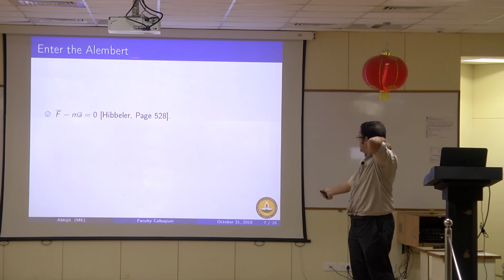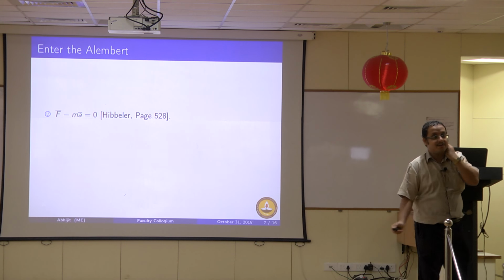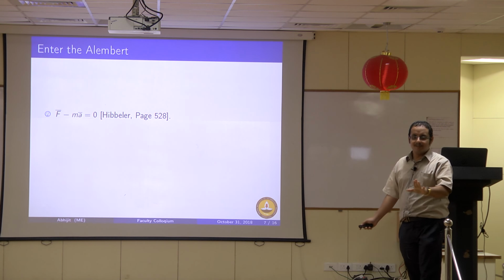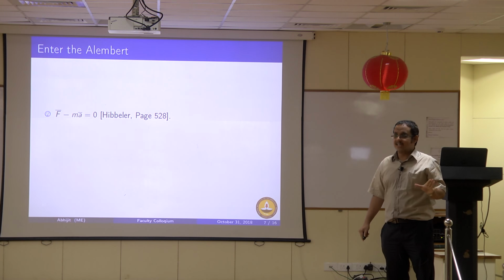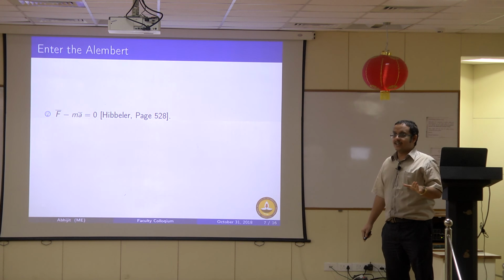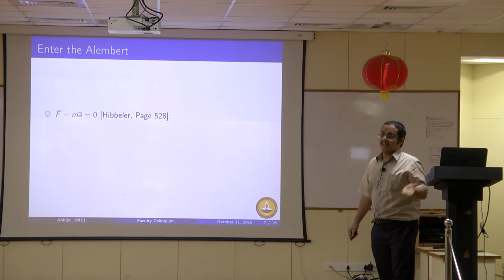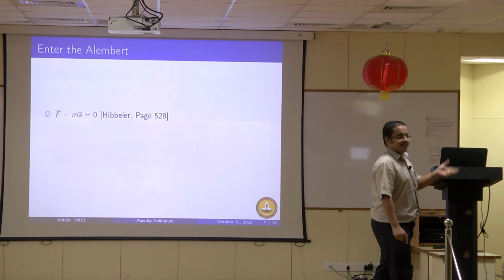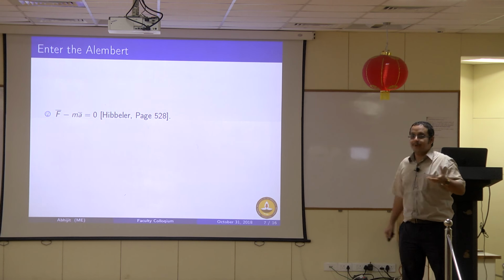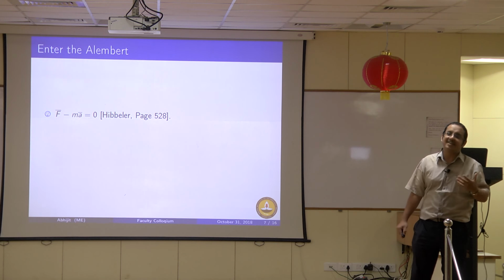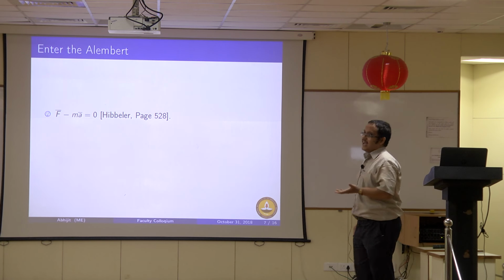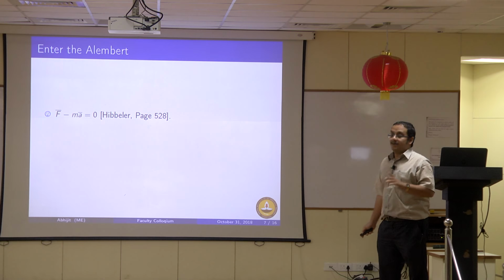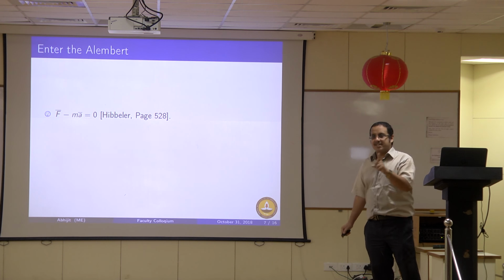Enter D'Alembert. This is my favorite. Everything about D'Alembert, I think, is misunderstood. Starting from his name, we pronounce it as D'Alembert, which is not correct. But at the age of 40, I cannot change my habit. I will keep calling him D'Alembert. I learned from a YouTube video how he is actually called, but I cannot make it up right now. I hope his soul rests in peace and does not scare me in my dreams. But more importantly, I think we have grossly misunderstood his point.